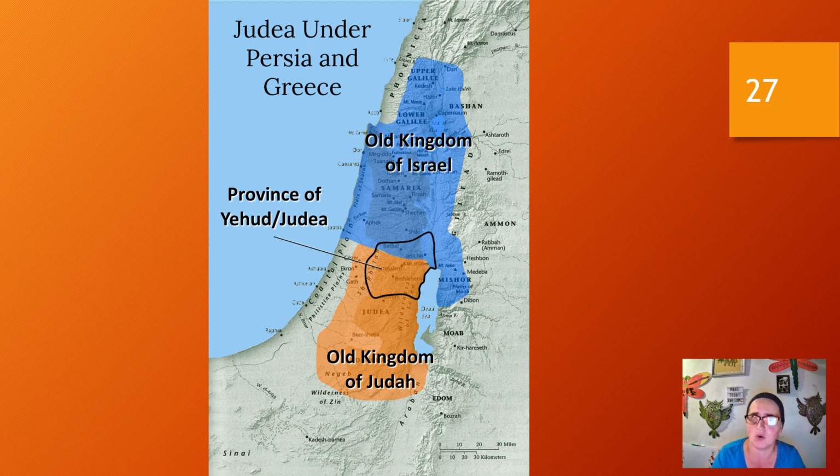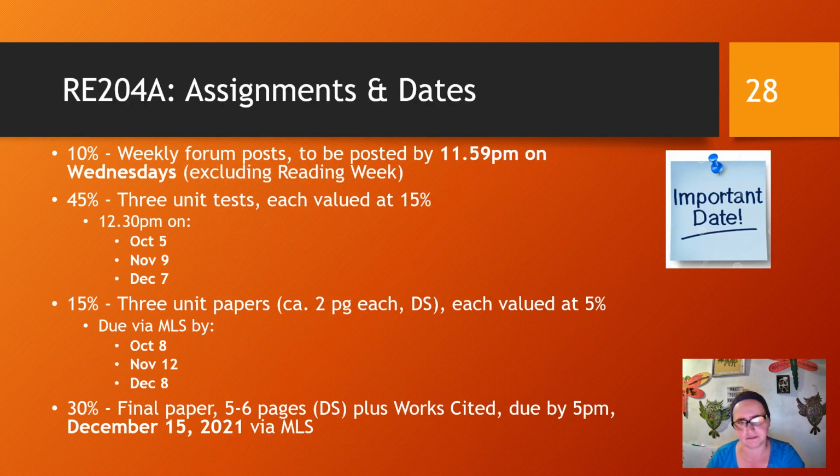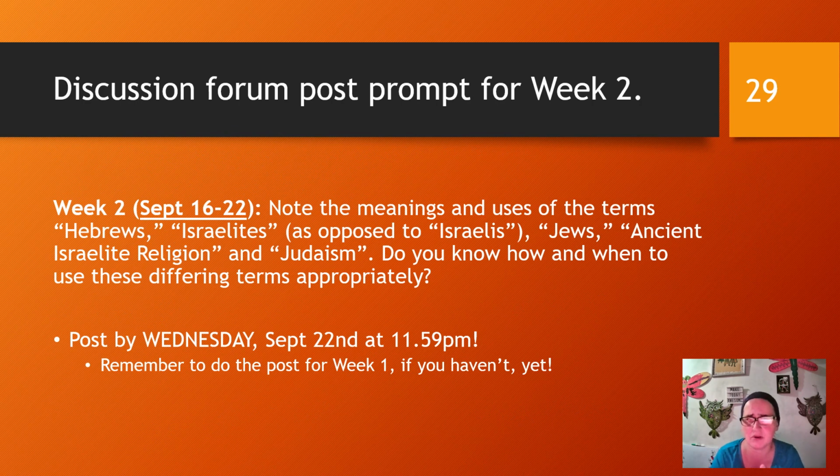Okay, so we'll look at that more on class 4, because I really need to get this video posted. I'm posting it early for Thursday. Okay, so your assignments, upcoming test on October 5th. I think I found it today in a typo where at one point it said October 6th, but the test is indeed on October 5th, so please keep that in mind. And your first paper, little paper, unit paper, which the instructions are already up, is due on October 8th, and that is on the temple. So please remember, the first post for week 1, if you haven't done it yet, you still have until September 22nd to do it, but please do it this week.